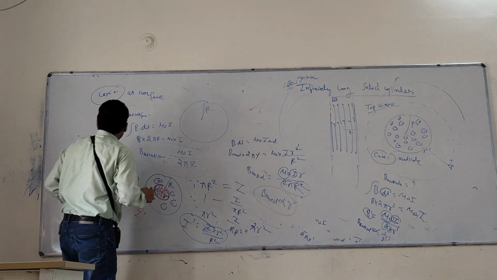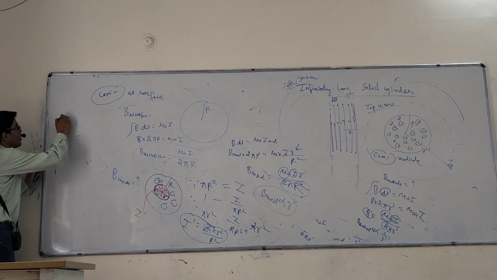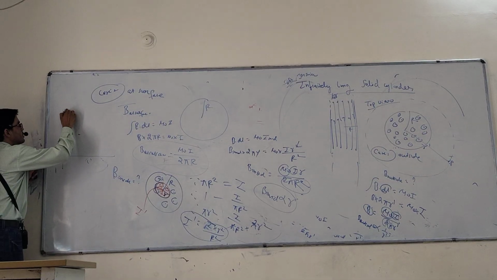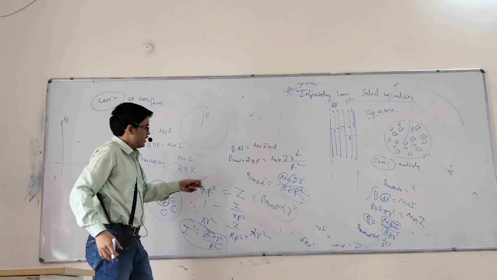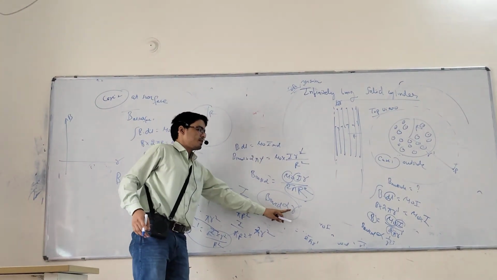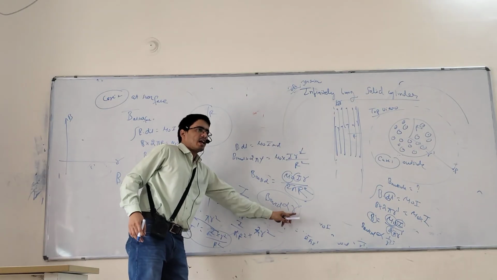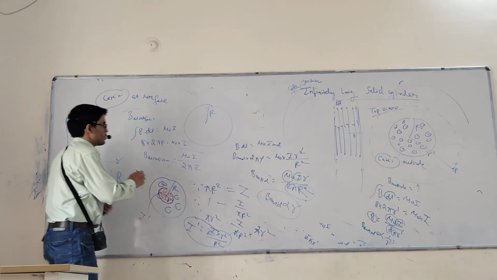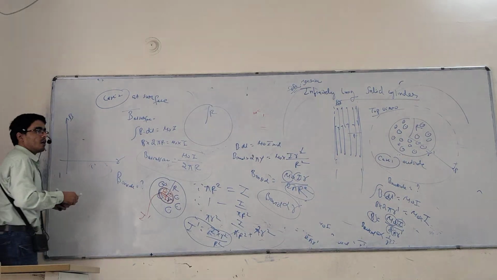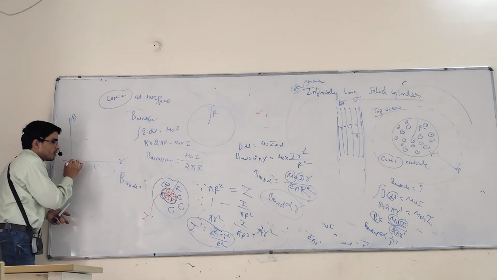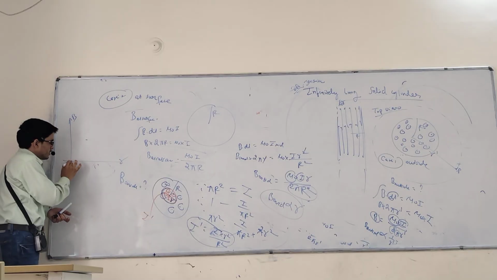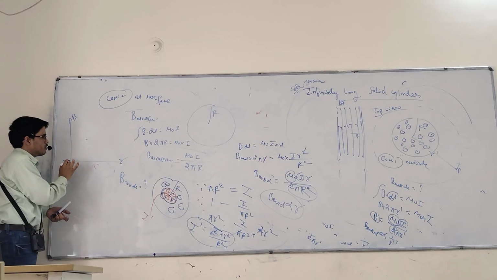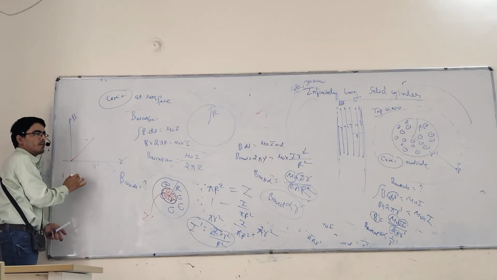Okay. So which type of graph, tell? Graph of B versus r, that is B inside. This is a straight line. Y goes same as there. So which type of graph, tell? Straight means this is uniform like this? No sir, it's increasing, and it passes through the origin. That is what I said.